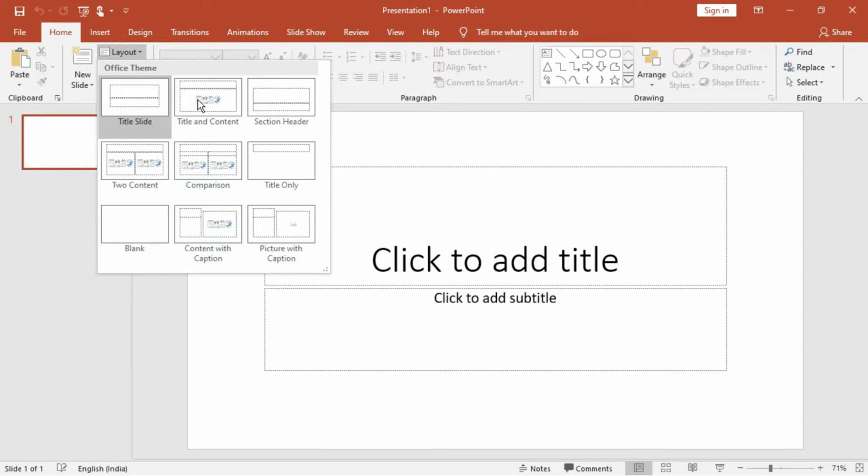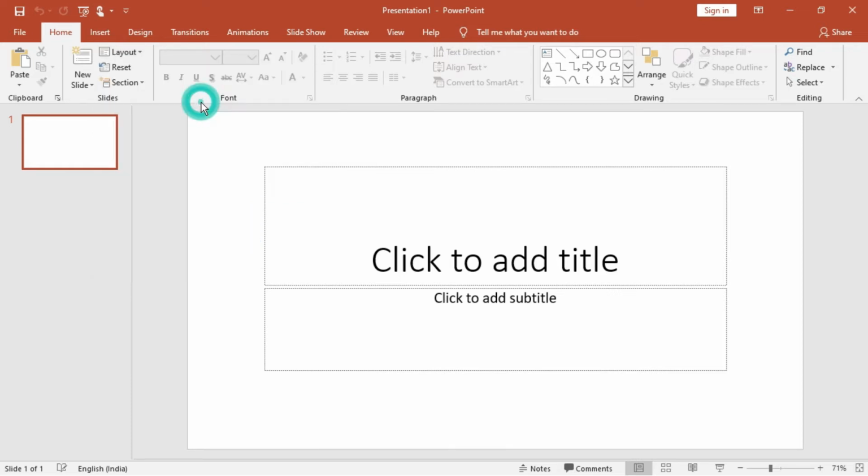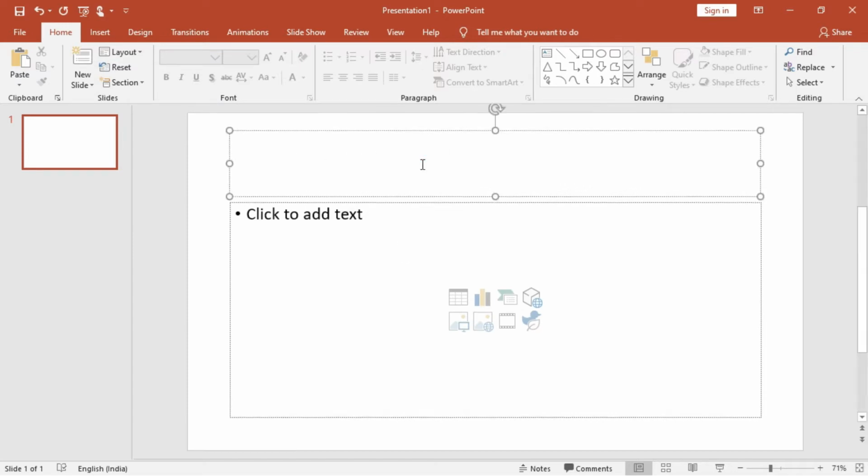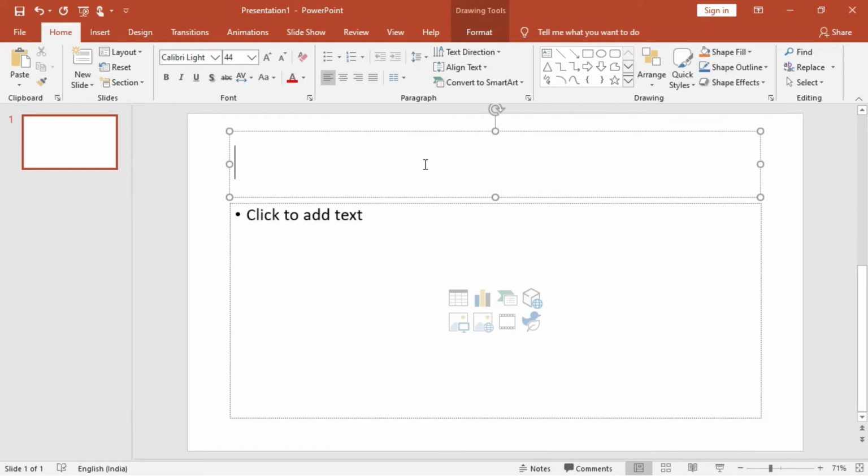What is the title and content? This is called the Title and Content layout. Fine. So now we will come over here. So this is the title and content. If you want, you can click to add a title out here as you like. Inserting table. Okay, table. Fine. So this is the one, and here this particular thing we can take to the center also. All right, so it has come into the center.